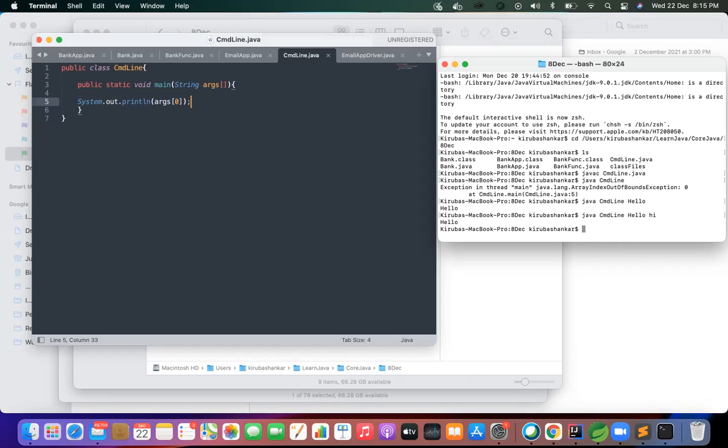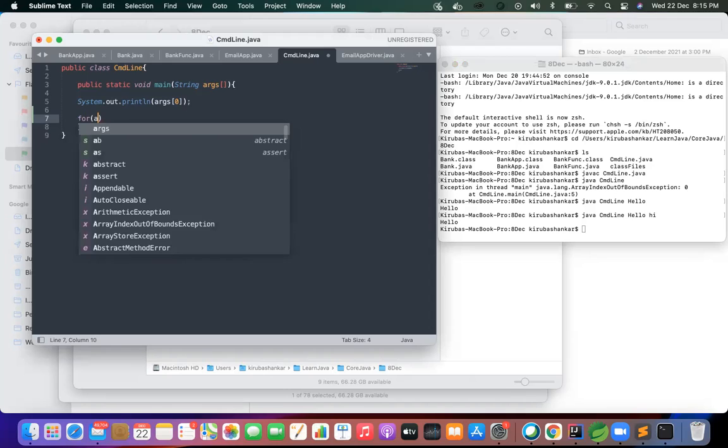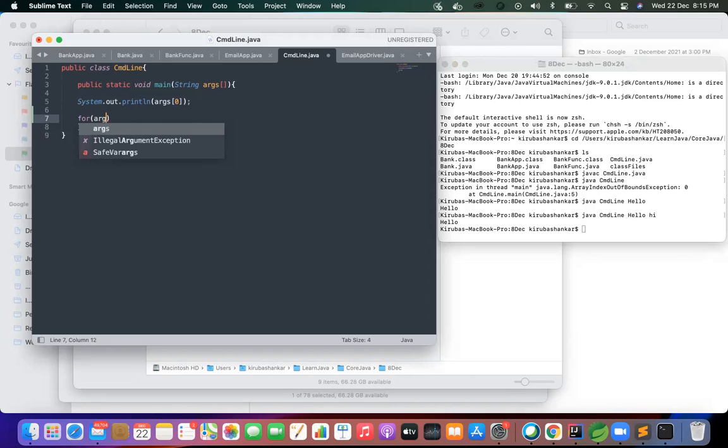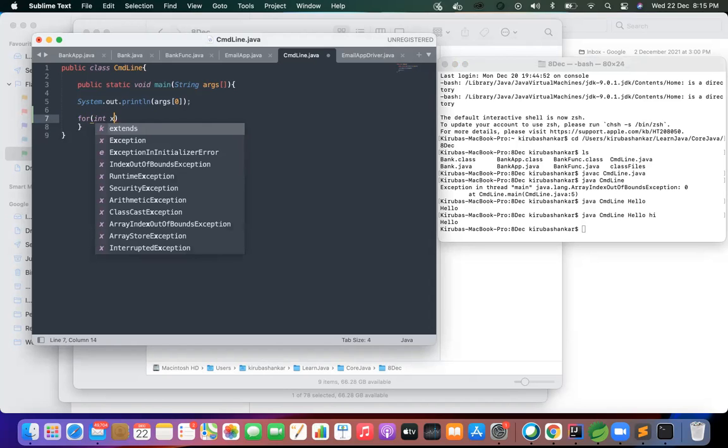Maybe within the same thing, we'll try one more scenario. In sysout, can we have one for loop, Kirba, and instead of defining a static value, get your args length. No, normal iteration like int x equal to 0, and make it x less than args dot length.